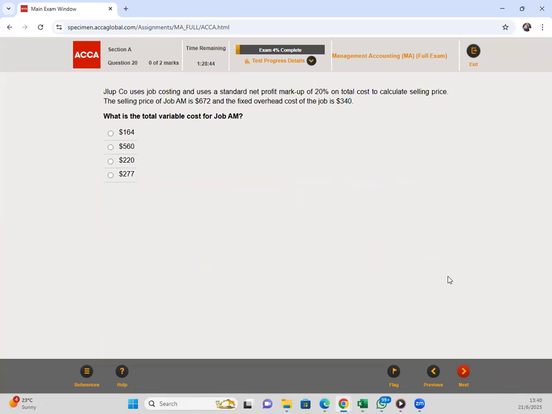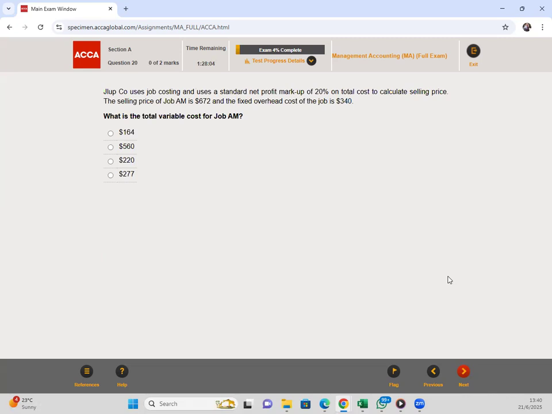G company uses job costing and uses a standard net profit markup of 20% on total cost to calculate the selling price. The selling price of job AM is 672 and the fixed overhead cost of the job is 340. What is the variable cost? So what are we given? We are given